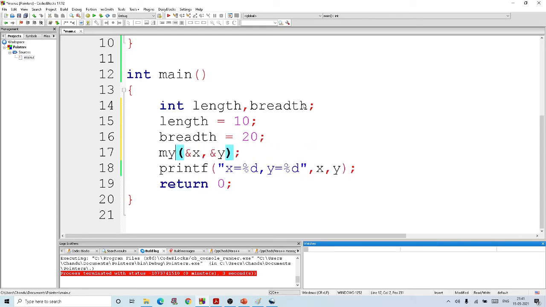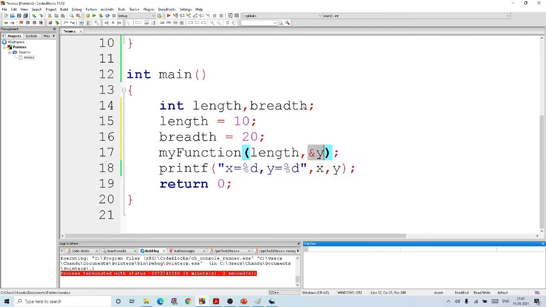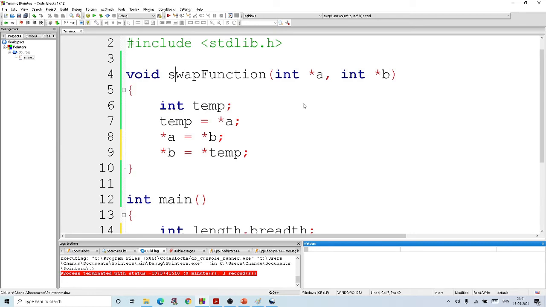Now I'll write a function, my function, and pass the values length and breadth. I'll receive the value of length inside A and the value of breadth inside B. Now I need two more variables for area and for perimeter.